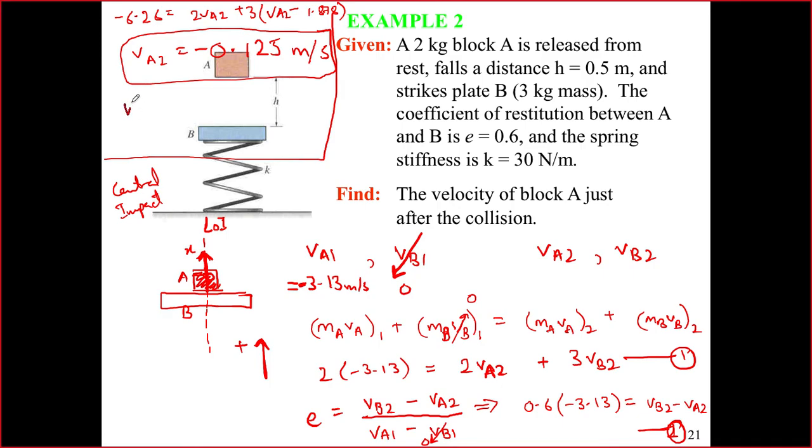एक काम करते हैं ज़रा VB2 भी मुझे बता दें if you guys have found it कि इन दोनों की velocities after impact क्या आती है. VB2 क्या आती है? -2 माइनस या -2 प्लस? Minus. माइनस प्लस तो नहीं सकती मैम. -2 meters per second. वही that's what I was wondering. प्लस तो नहीं हो सकती क्योंकि physically if you think about it,